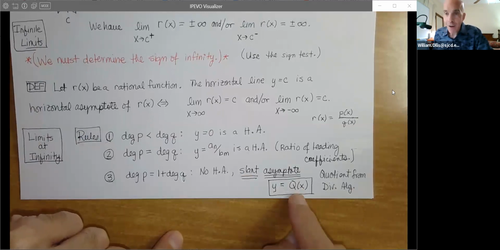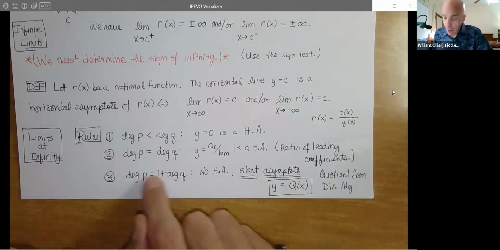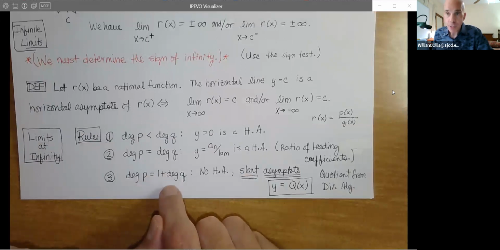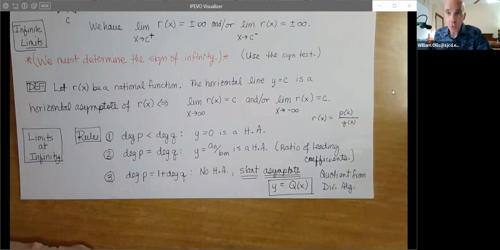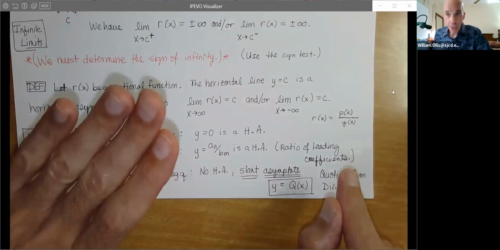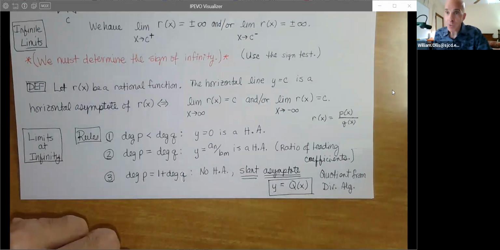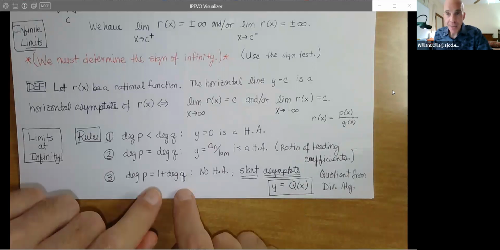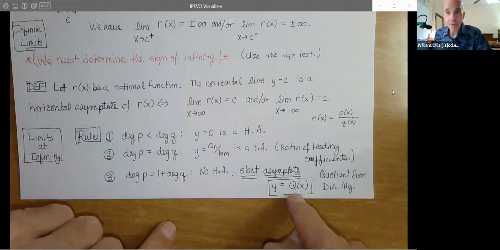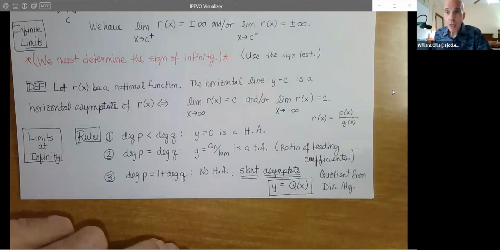That is, when you divide the polynomials with degrees like this, the quotient will be a first degree polynomial. And so you disregard the remainder and you just take the q of x from the division algorithm. So if you can use synthetic, fine, that makes it even easier to get the quotient,